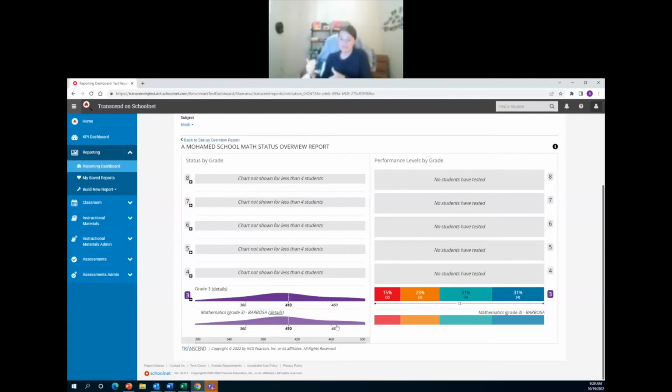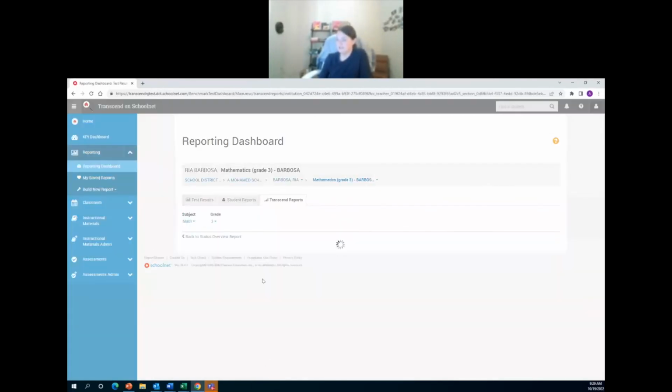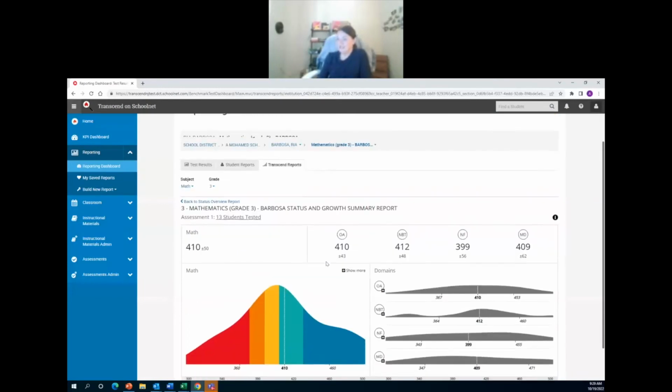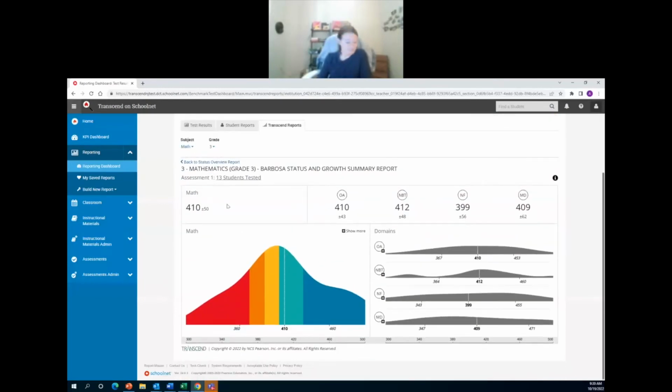The same would be the case at the district level, where if there's multiple schools, then when you expand that out, you can see the differences in performance by school. So I'm going to click on details again, just to drill down a little bit further. And now I can see additional information about the 13 students that tested for grade 3 mathematics for the first